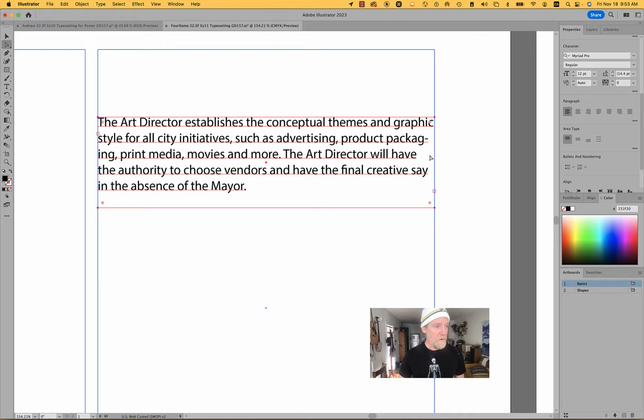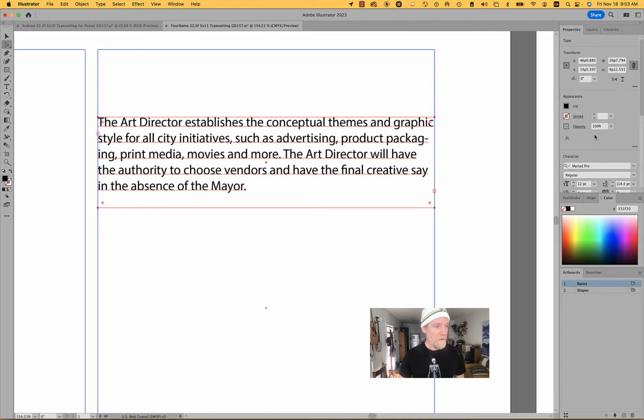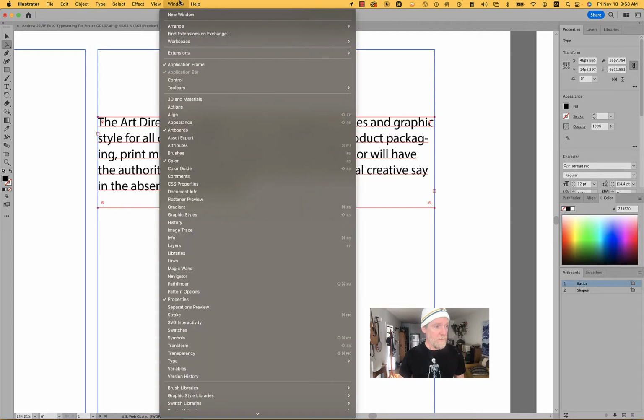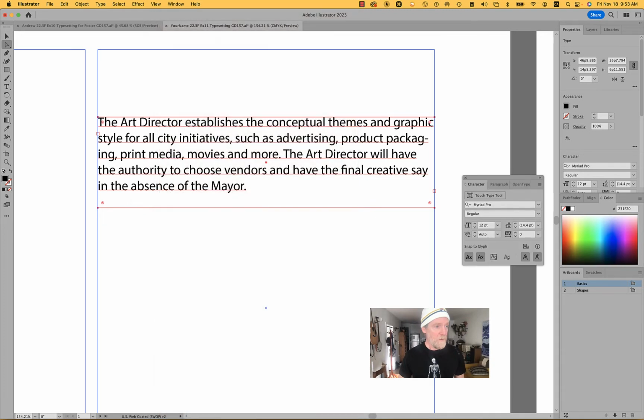Because we are working with type in this exercise, I want you to go ahead and open some new palettes. Go down here under Window, go to Type, and open up your Character. That'll open 3 palettes. We're going to work with all of them today. So what we're going to do is drag these down here